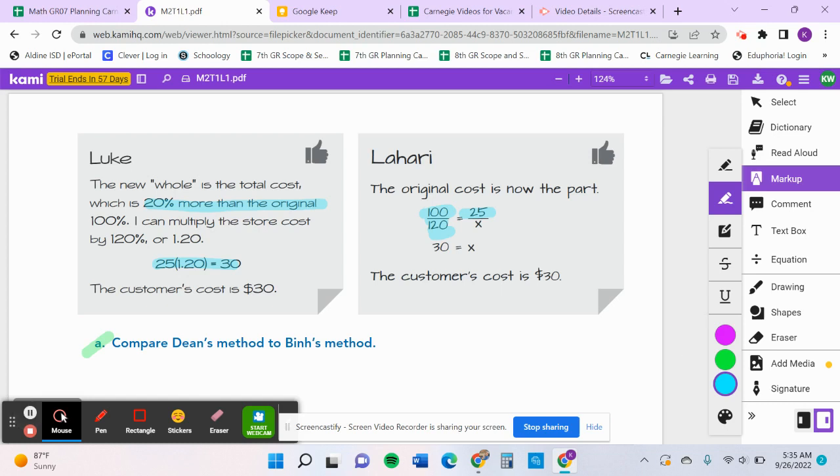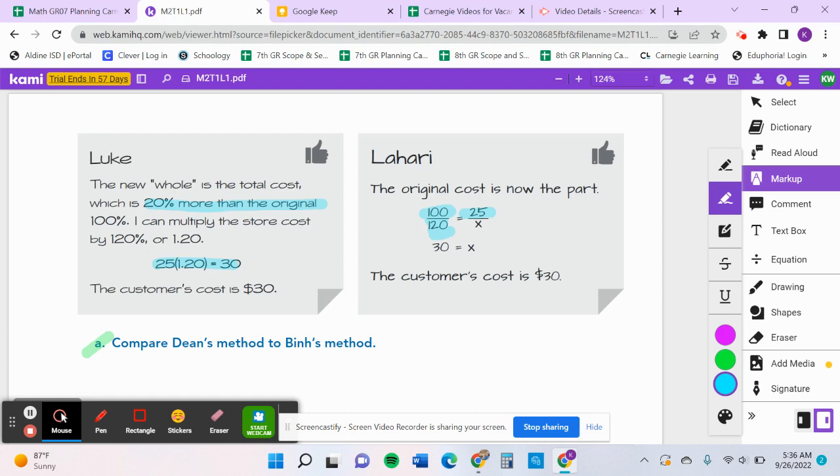They thought, well, if the store is paying 100% of the price, $25, well, the customer is paying an additional 20%, meaning the customer is now paying 120% of the total cost or the original cost. So Lahari set up a proportion and Luke used the percent formula, which you're going to learn